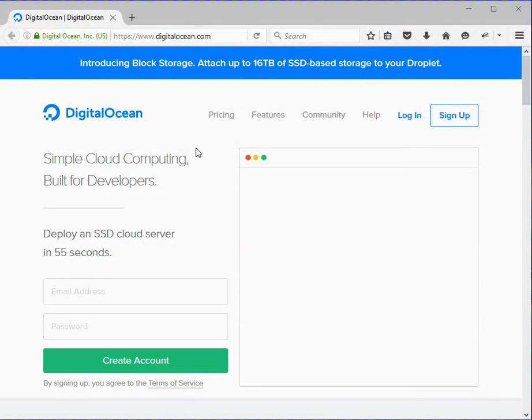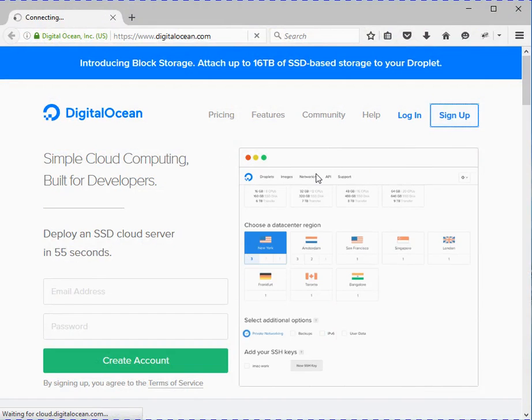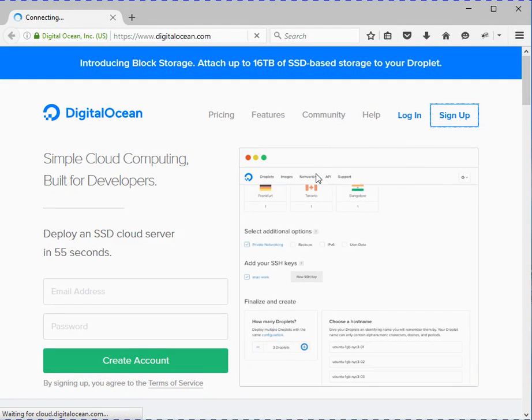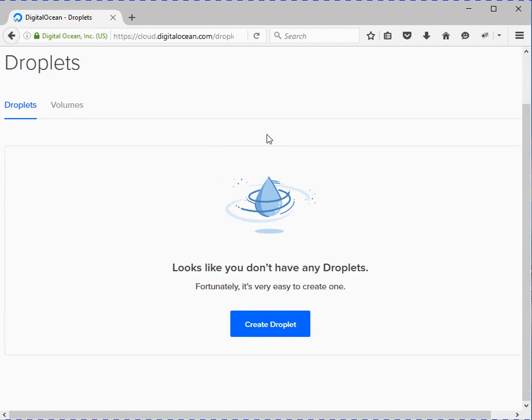Now you'll find a home page of DigitalOcean. Click on sign up. Yes, in my case I have been directly landed to create droplet page, but in your case you first need to register, give your details like credit card details and add a credit like 5 to 10 or $25 to your account so that you could just get started. So once you've done all that stuff and you reach to the create droplet page,